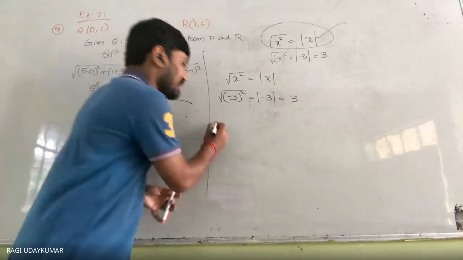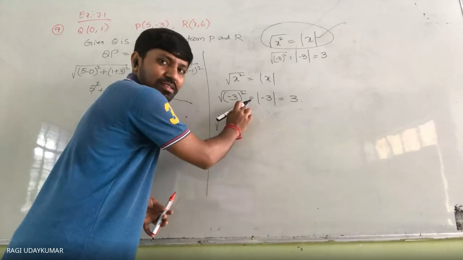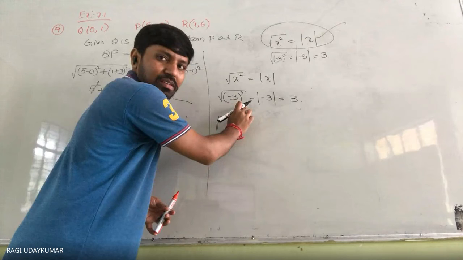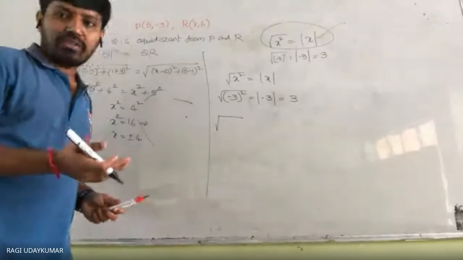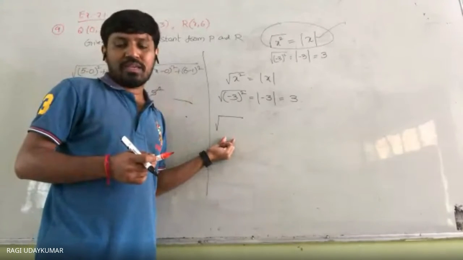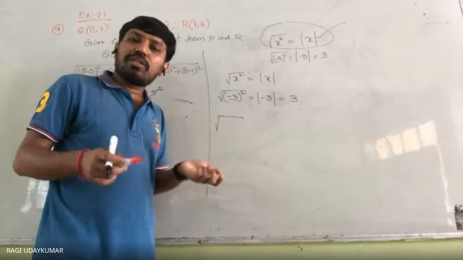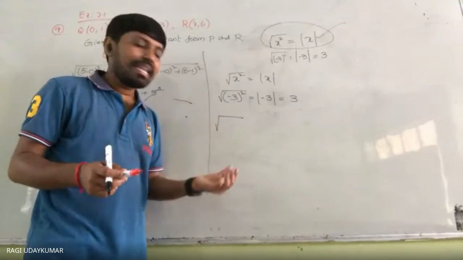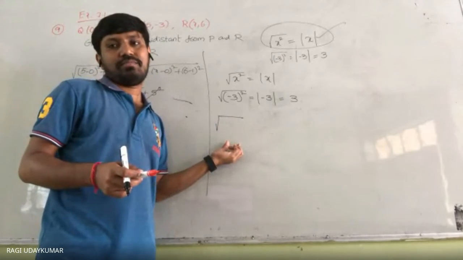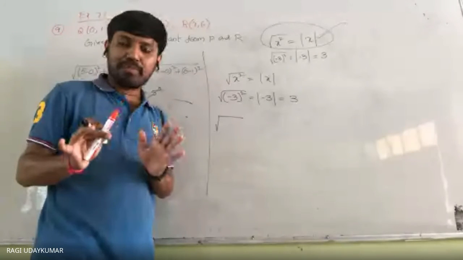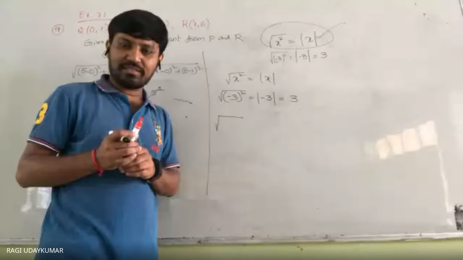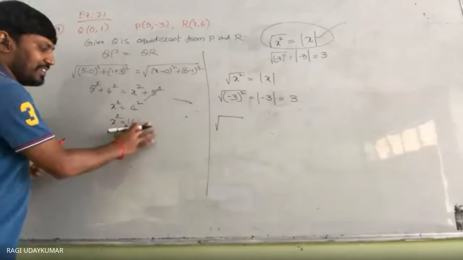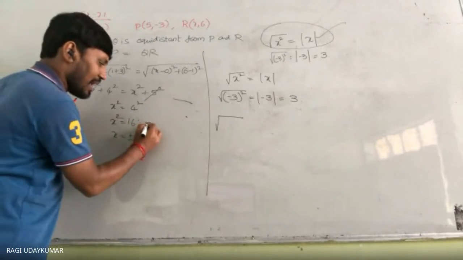I am saying that this symbol represents that positive number. Square root के अंदर कुछ भी लिखा है तो you need to take the positive square root. Actually, we need to read it as a positive square root. But we are lazy. That's why we are habituated only to say square root, square root, square root. बोलना हम लोग का habit हो गया. But originally, this symbol represents that positive square root. Did you get my point? हाँ सर, समझ में आया. विस्मिता? हाँ सर.